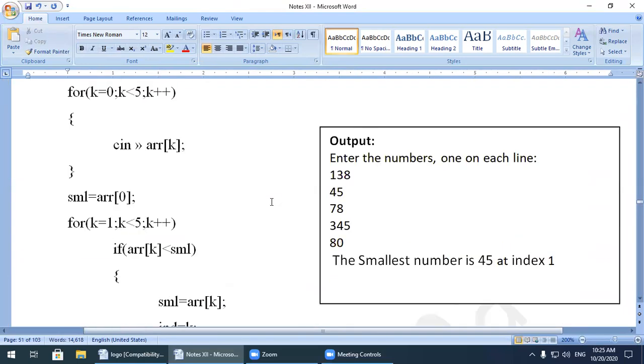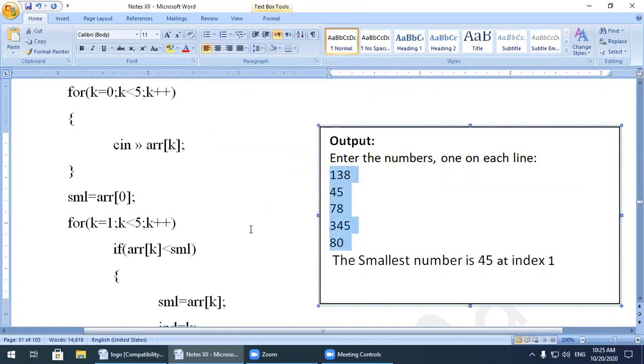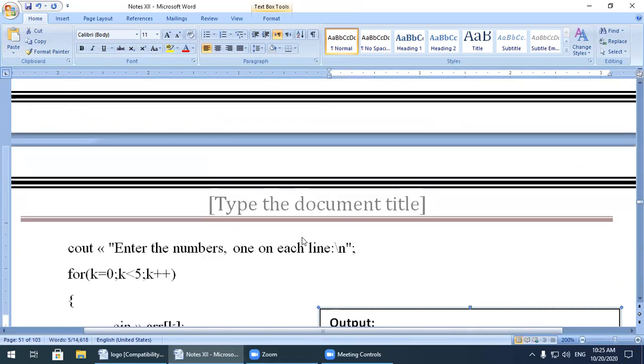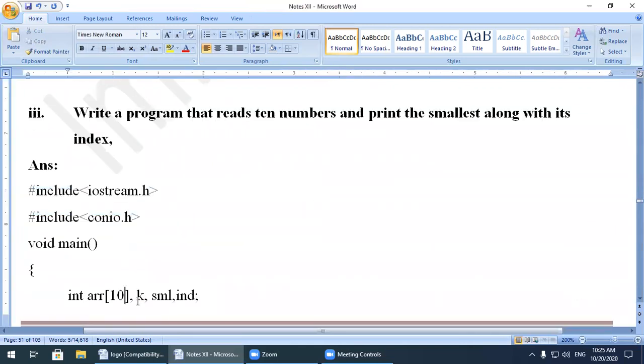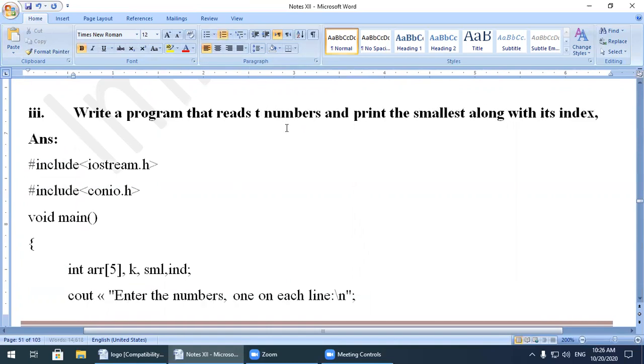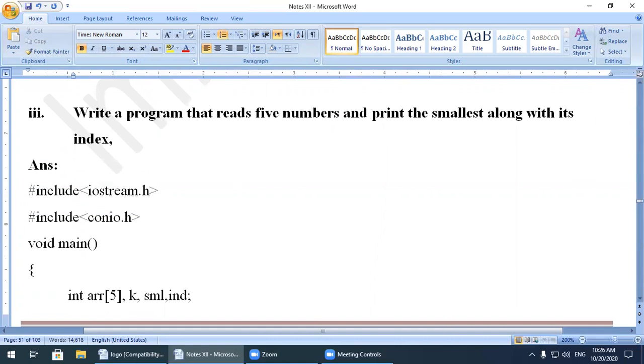Watch over here, for example, this one is the entry. The entries are 5, and I want to change the program to five locations. So instead of 10 numbers, for 10 or 5, both are the same, I make this program like this.